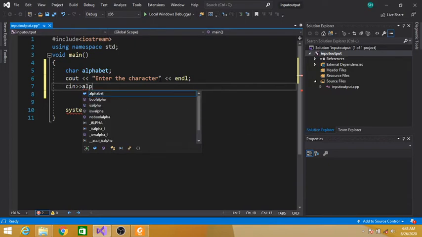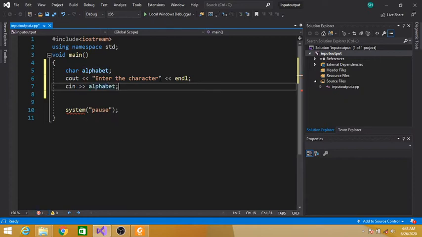We have to take input in this alphabet variable that we have declared.